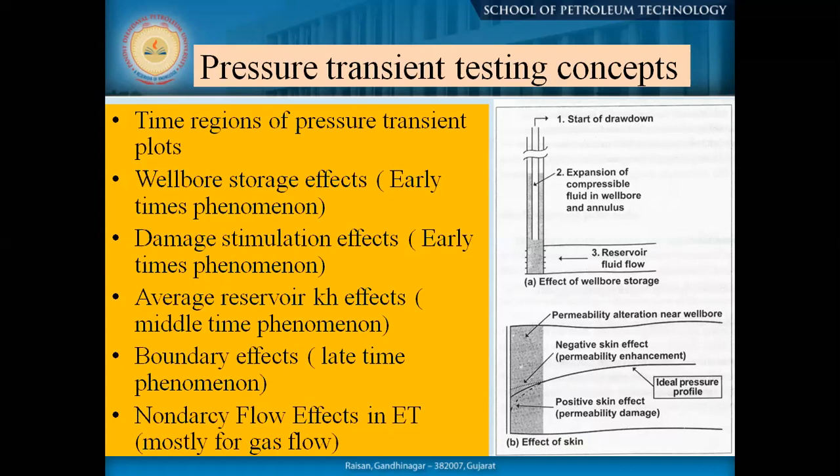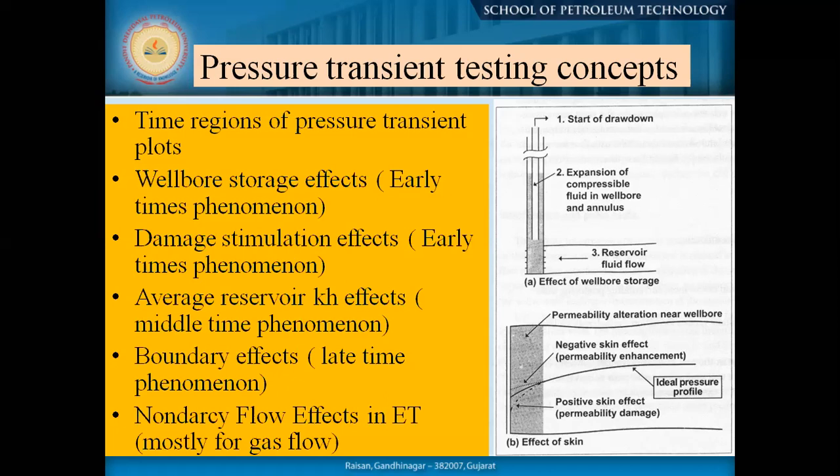Being a geologist, you should know at least some part of it, so that whenever we are matching with our seismic sections, we have some sort of information, like sand continuity, that can also match with our well test data. What we get is information in different time domains. That time domain we actually change to the R, or radius domain, that means distance domain. If you go through the slides, you see initially we got the wellbore storage, that means early time response. Then we got the idea about the skin. Then the average reservoir K, that means it is moving away from the skin.